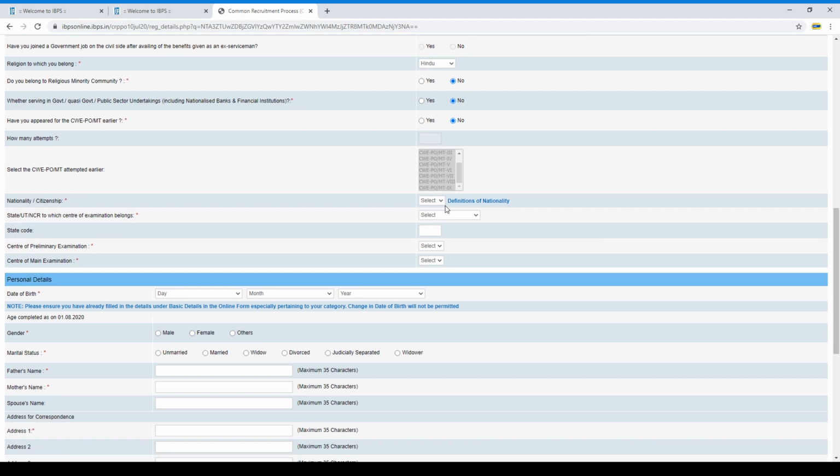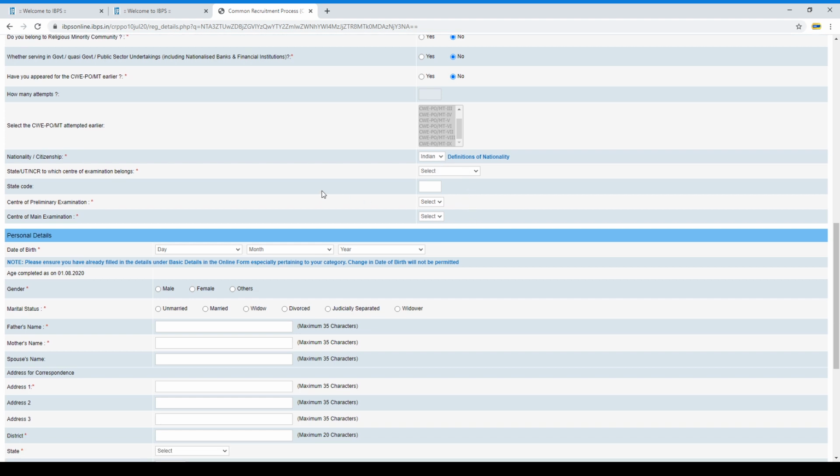So on next it asks nationality by citizenship. I'm Indian, you can give your citizenship. And next your state. Yes, I'm from Tamil Nadu, I'm giving Tamil Nadu, give your state. So yes, Tamil Nadu. If you are from Rajasthan or Punjab, Madhya Pradesh, Lakshadweep, Kerala, you can give your state. So next, yes, and it shows your state code.